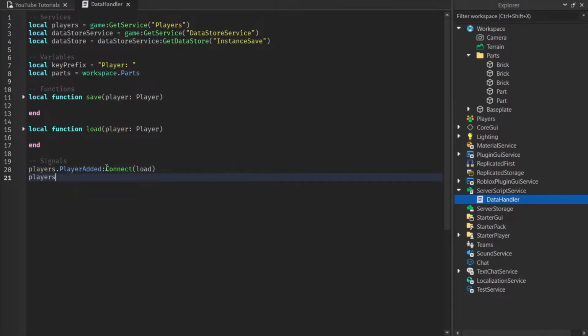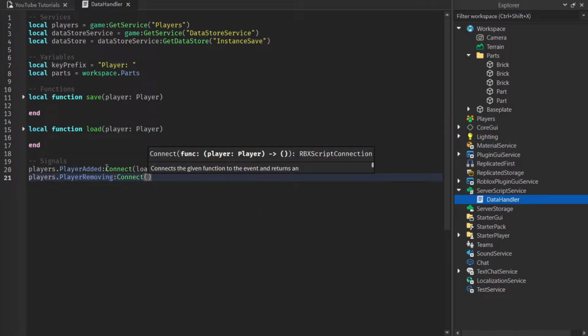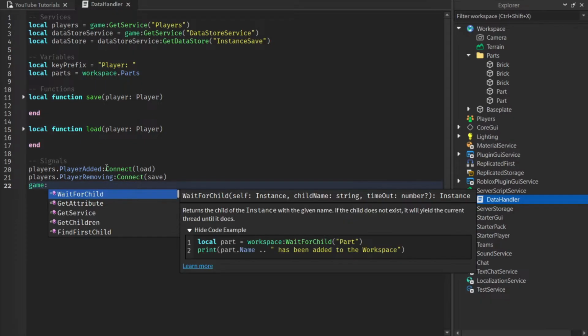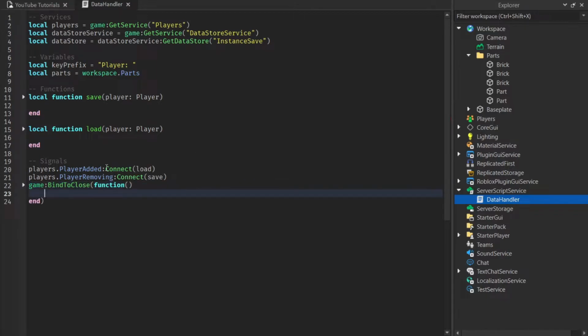Then when the player leaves, we can say players.playerRemoving connect to save. And just in case that we need to handle this case, we also need to handle when the game closes, when the game binds to close. So to do this, this is if like the game gets shut down, like the servers are shut down or something, but we just say game bind to close, we give it a function, and then we say for